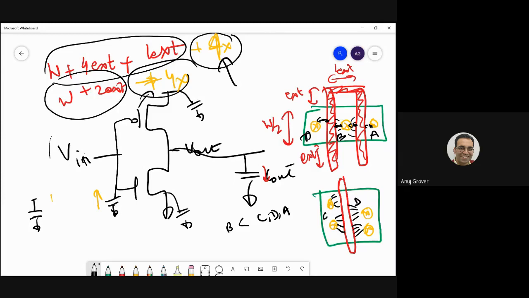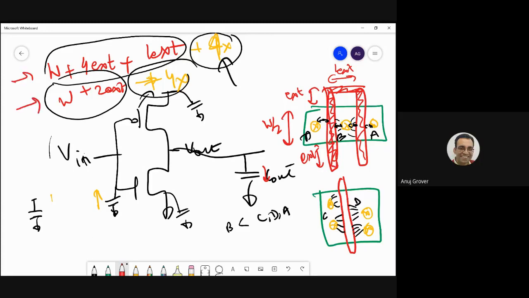You can actually say that the capacitance for B, the contact to poly capacitance, remains the same. That you can assume. Garut pointed it out right. So not that W/2, like the main diffusion capacitance. So upper, like you have written W plus 4ext, that should be W/2 plus 4ext. No, this is not diffusion. We are looking at the poly capacitance. Be careful.